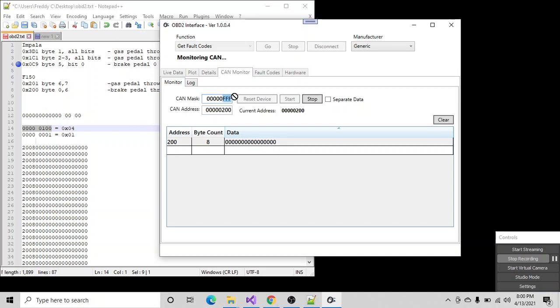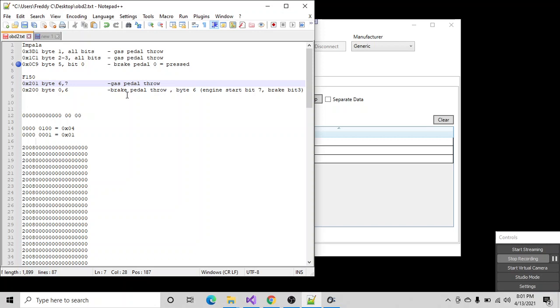So that's interesting. What I have here, basically, is a sniffer. What do we call a sniffer? It's supposed to be 0. So if I go back to 0, this is my CAN monitor. Okay, there we go. Oh yeah, see, that's an RPM right there. See how it goes up? Now it's a hexadecimal representation, and it's 2 bytes. So 201, right? Gas pedal throw is actually